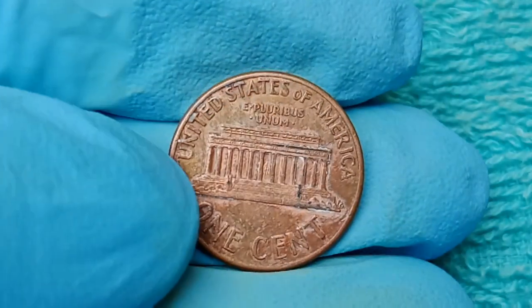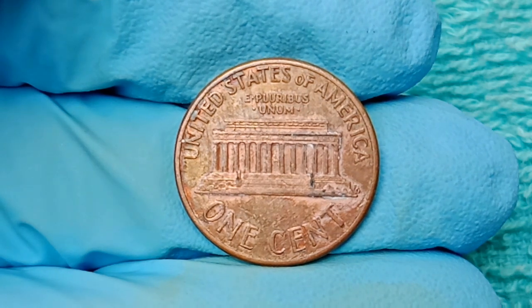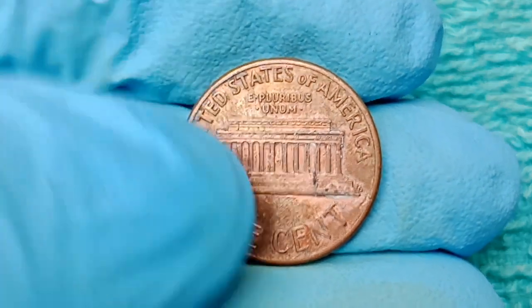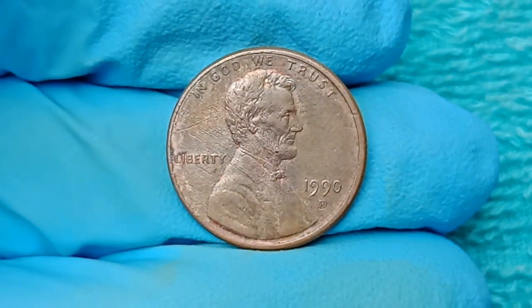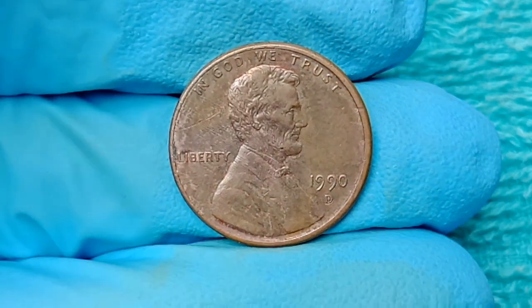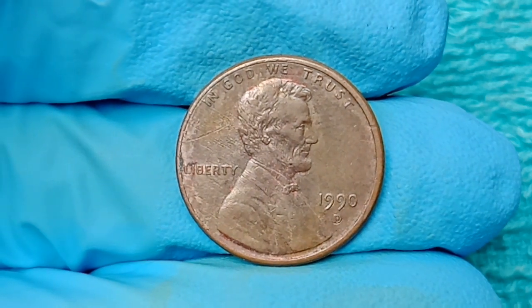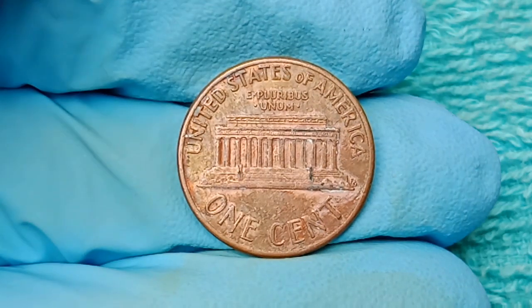And as we reflect on what this coin means, not just in terms of financial value but historical and cultural significance, it becomes clear that the 1990 D penny represents a moment frozen in time, a snapshot of a mint in flux, a reminder that even machines can create masterpieces through imperfection, and for those willing to look closely, the rewards can be beyond imagination. So the next time you hold a penny in your hand, especially one minted in 1990 with the Denver D below the date, take a moment to study it, because it could be one of the rarest and most valuable